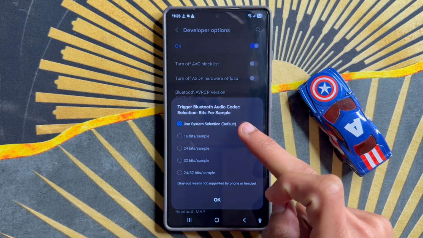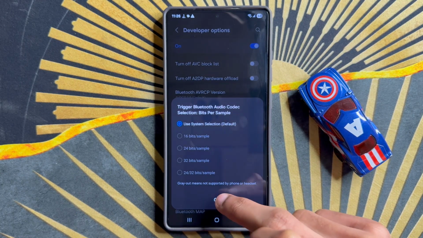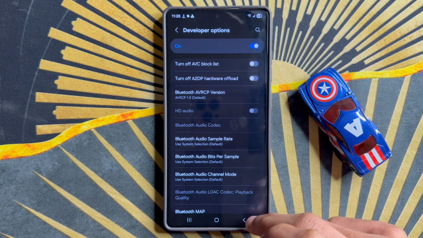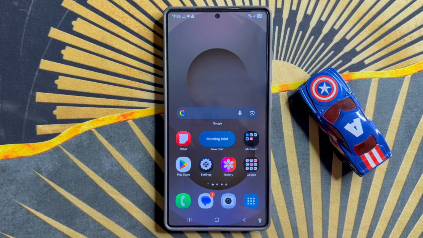After selecting the sample, you will see Bluetooth audio bits per sample is changed. After the process, go back to the home screen. So that's how you can change Bluetooth audio bits per sample on